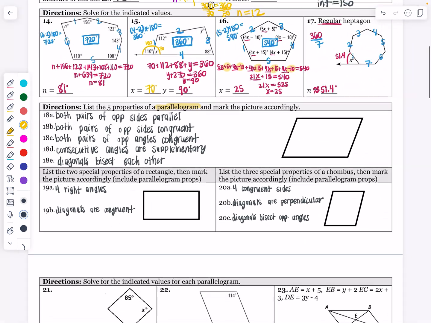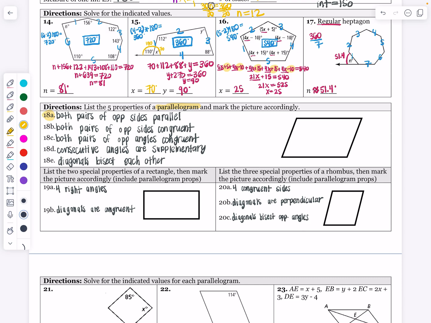I'm going to color code this in a way that for 18A, I want to mark the opposite sides parallel. Remember we do that with those little arrows, those little triangles. That shows that the opposite sides are parallel. We also want to mark both pairs of opposite sides congruent. I'm going to do that with a pen. These two are congruent, and then this set is congruent as well. So both pairs of opposite sides are